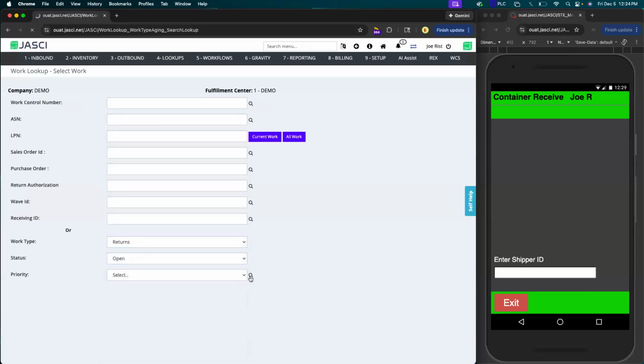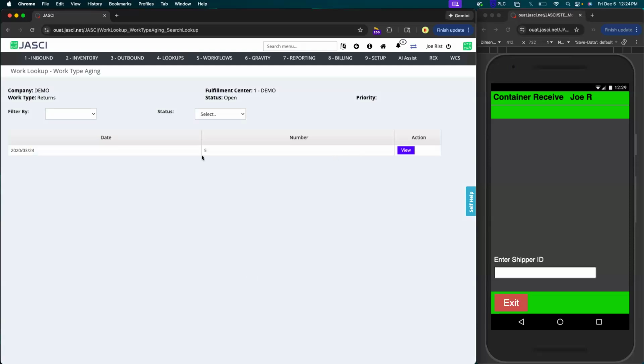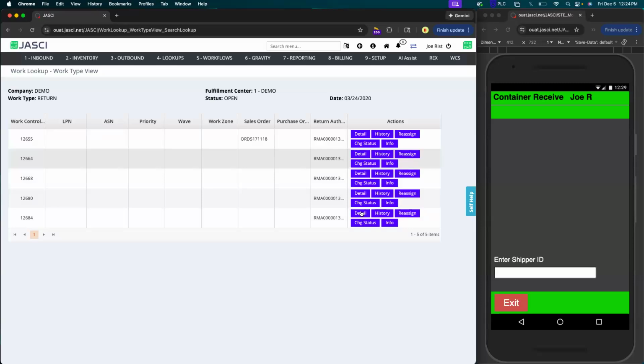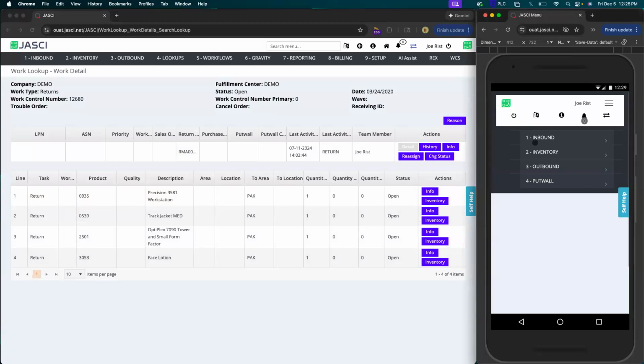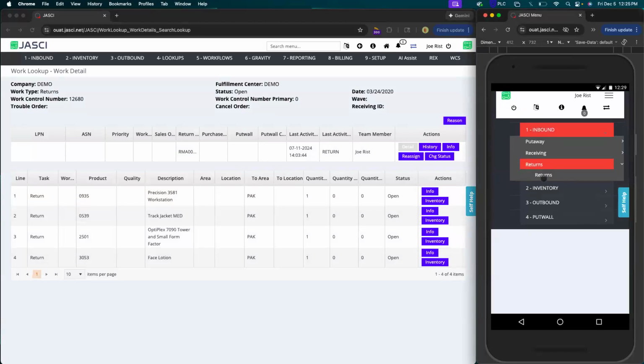Now if we come here, we can see that I actually have 5 in an open status that I downloaded a long time ago. I've been chipping away at these. We can go into one of these and click detail, and we can see the items that are expected on it. So if we were to go into our return receiving flow, go to inbound, then returns,